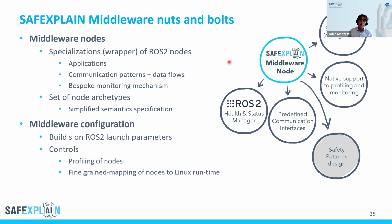And we can provide, by design, some definition, implementation, instantiation of the nodes to realize what have been defined as the safety patterns in the functional safety architecture part. And interestingly, this leaves room for the definition of a model-driven engineering approach in order to generate by design, by construction, complete systems